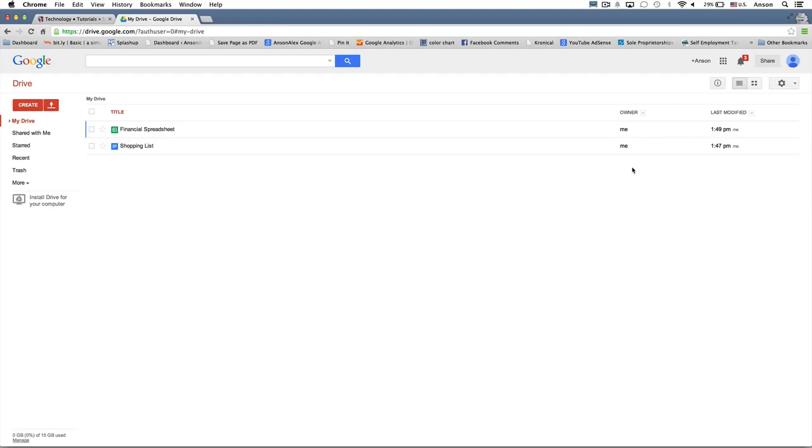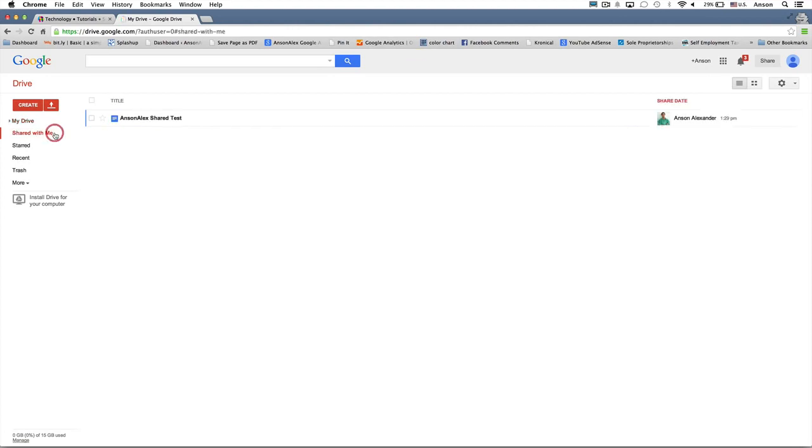Now, when somebody shares a document with you, you should get an email notifying you, and then you can open up that document. But by default, it doesn't come right into the My Drive section because somebody could spam a bunch of documents. They could just share documents with you even though you don't want them. So what Google does is it sends it to this section on the left-hand side that's labeled Shared with Me. And I actually shared a document with myself for this tutorial. So you can see when I go into Shared with Me, I have this document that says Ants and Alex